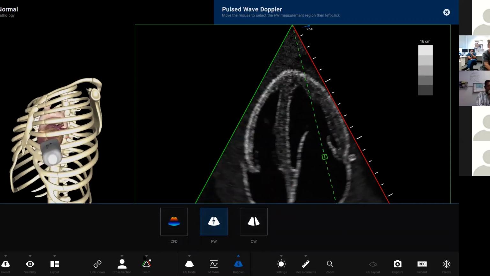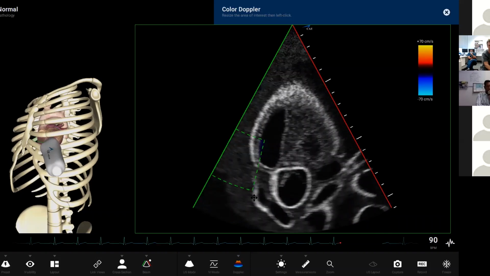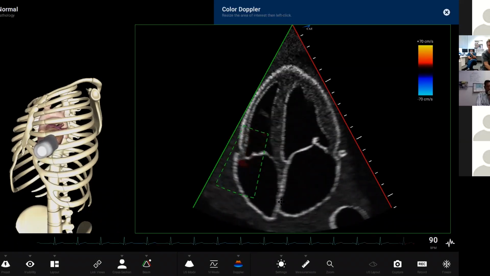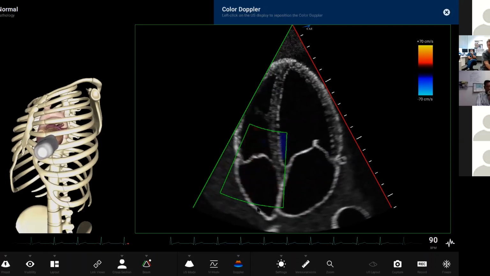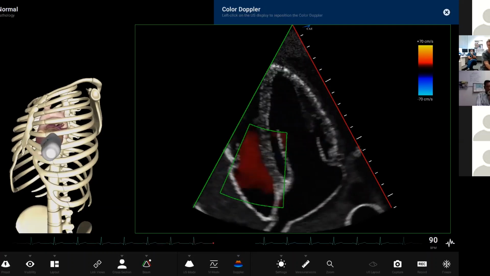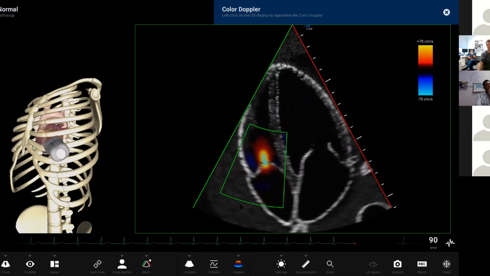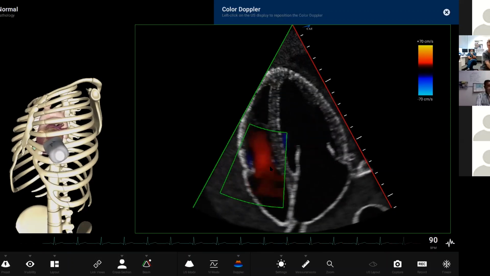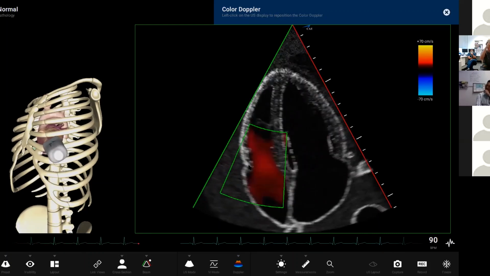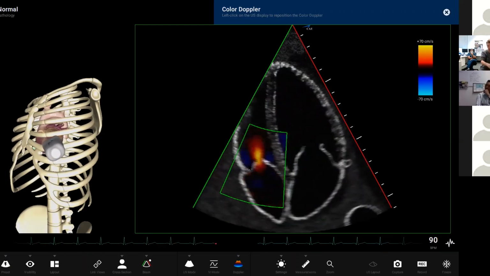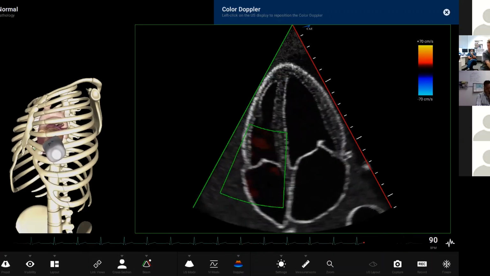Okay, next thing with the color Doppler. Let's talk about the tricuspid valve. Okay, the tricuspid regurg. So again, there's our perfect, or sort of perfect, apical 4-chamber view, and we often look for tricuspid regurg. Now, tricuspid regurg, I find when you start to get a dilated right ventricle, leading you sort of almost like functional TR, if you like, that often goes straight back. So it's going in line with my